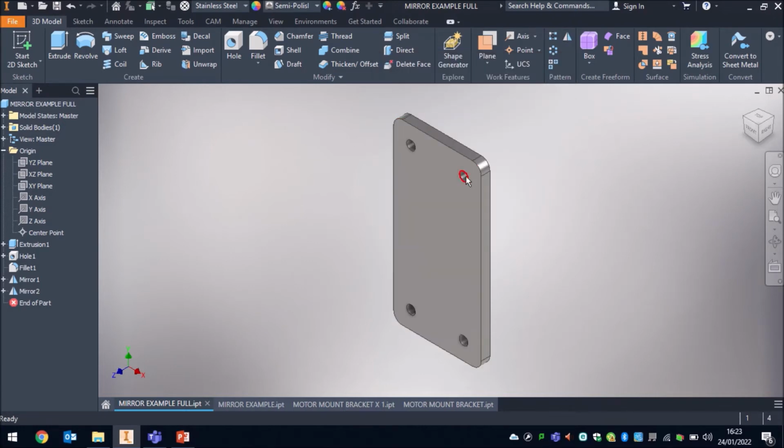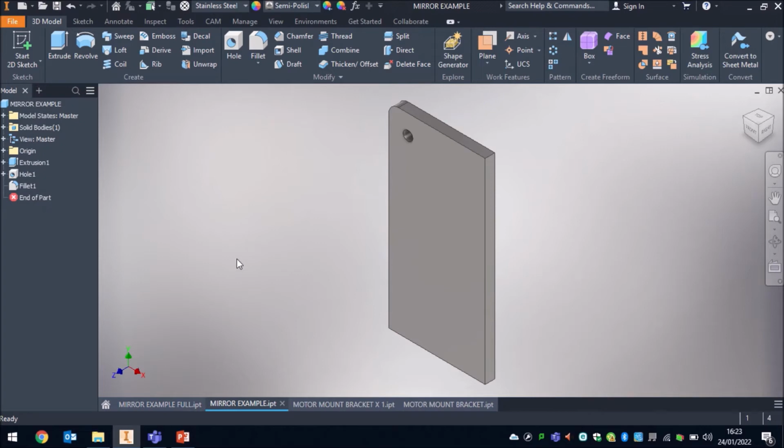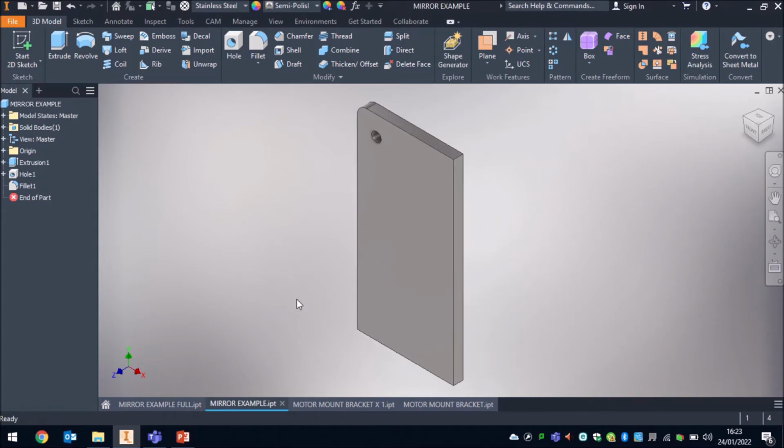As you can see, I've got 4 holes in each corner and some fillets. But what I'm going to do is pop back a bit further into the model here. I'm going to replicate that hole and that fillet along an axis using this mirror command. To do that, I need to switch the origin